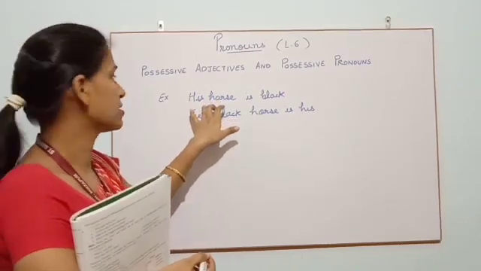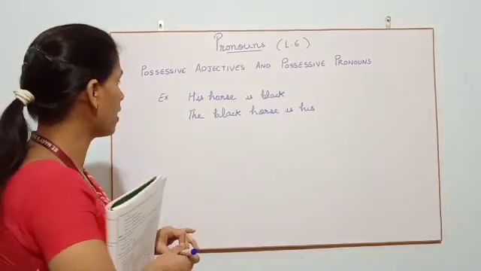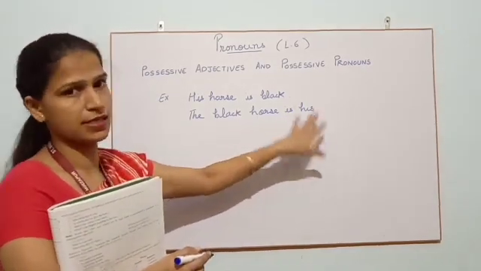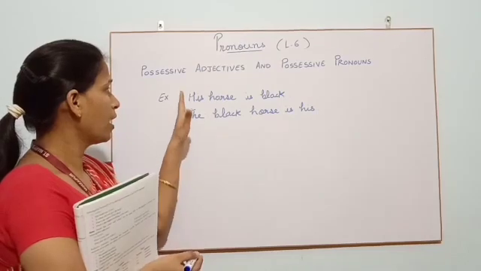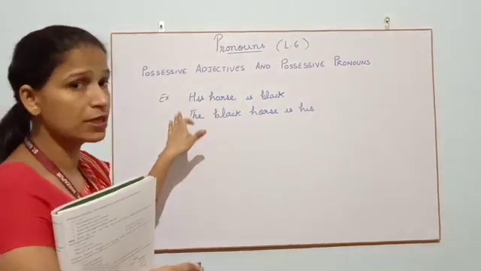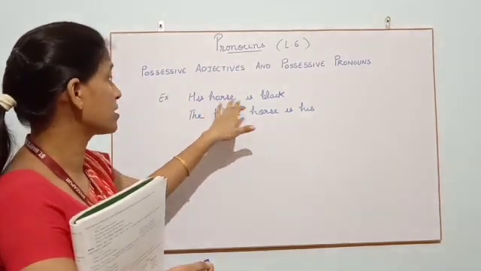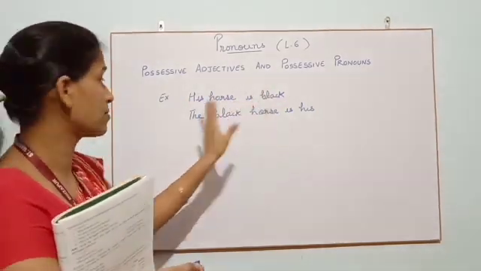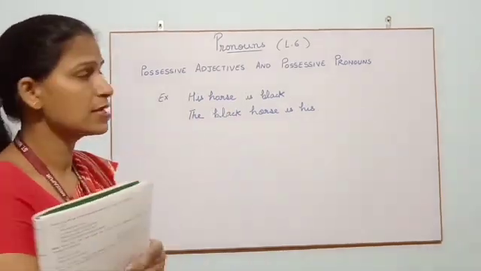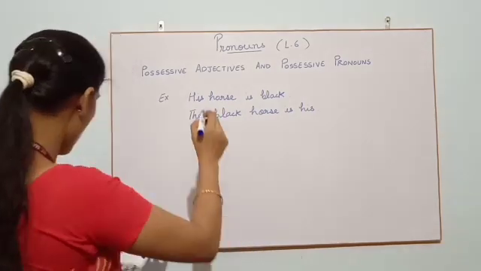First example is, his horse is black. Then we have another one, the black horse is his. In this, both the sentences are describing that his horse is black, means the color of the horse is black. Here also the black horse is his, means it belongs to somebody. Now, but here it says, when